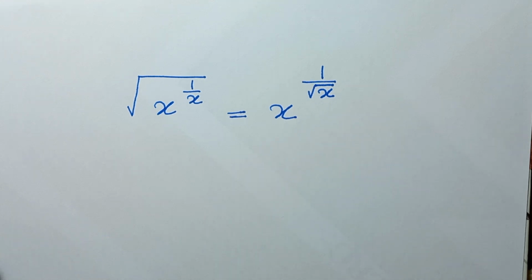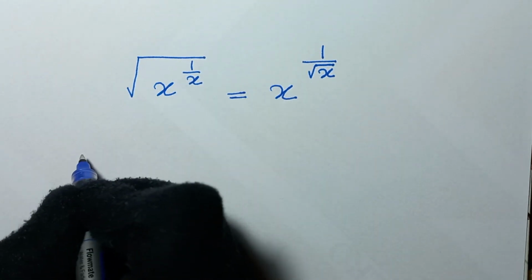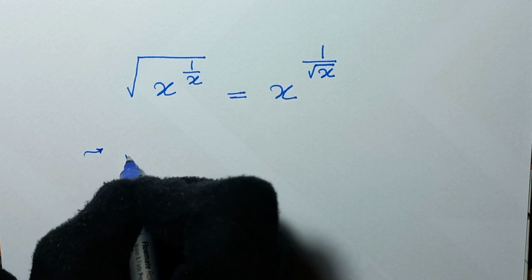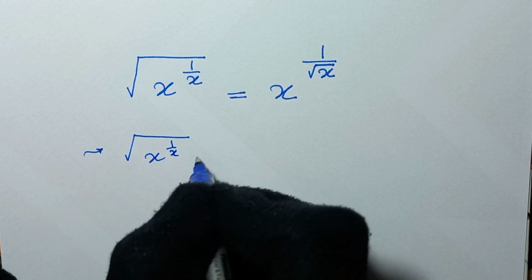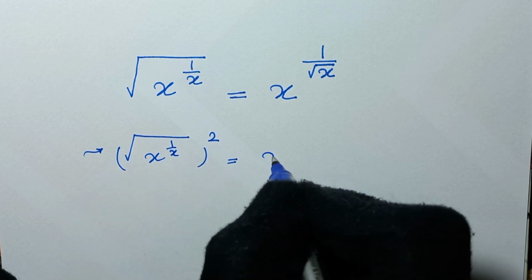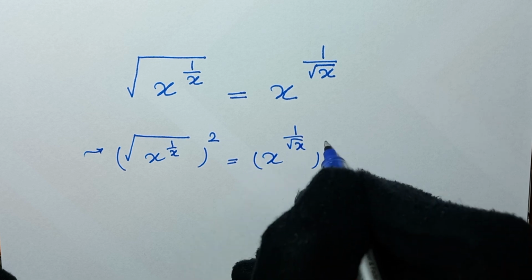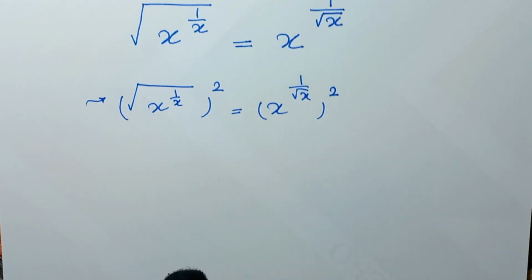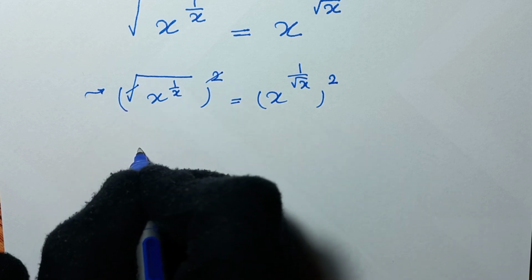x. In the first step, we start by squaring both sides of this equation, and it will be square root of x to power of 1 over x to power of 2 is equal to x to power of 1 over square root of x to power of 2. In here, this power of 2 will cancel this square root, and it will be x to power of 1